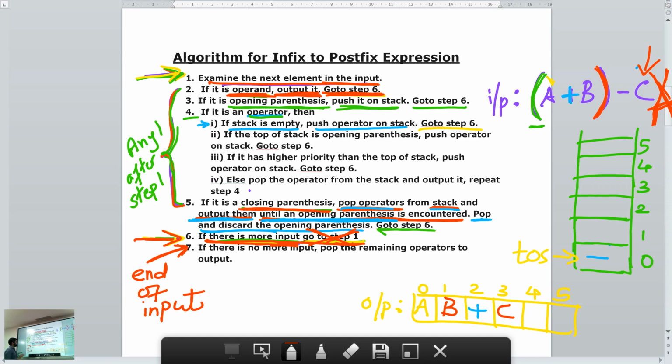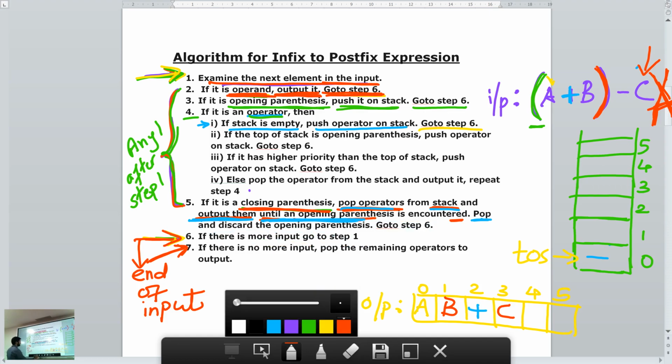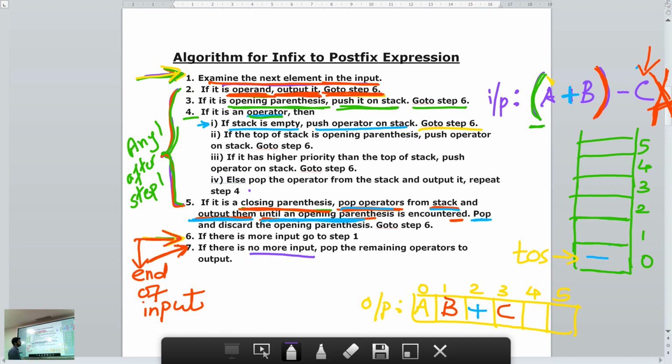Remember? After the input is ended, you will go from step 6 to step 7, only when the input has ended. What does step 7 say? Step 7 says, if there is no more input, pop the remaining operators to the output.